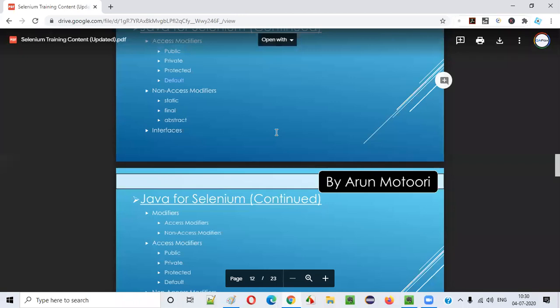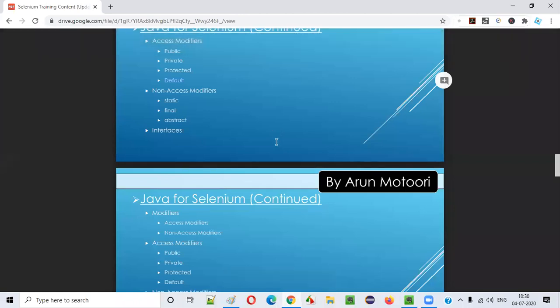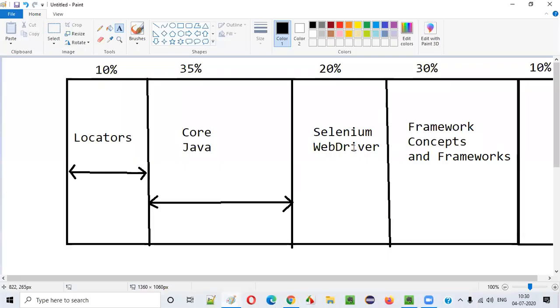Everything is connected here. Don't think the framework has to be given more importance, or that Selenium WebDriver has to be given more importance. If your basics are very strong, then you can understand and do a lot in WebDriver and framework concepts. These things will be very clear if you have clarity of core Java, guys. That's why I focus on core Java more, so that you will not get demotivated here. You will be very active here once you understand core Java.